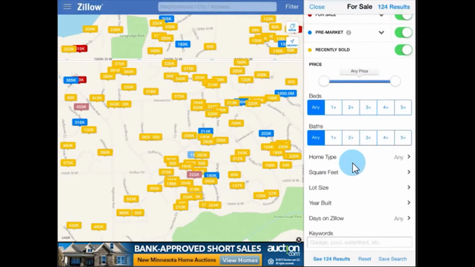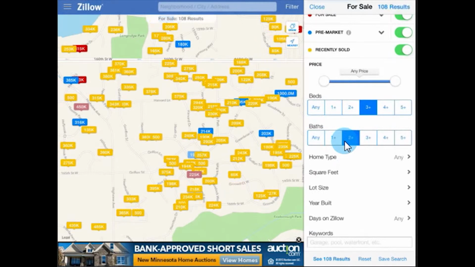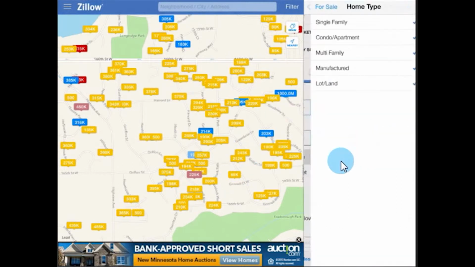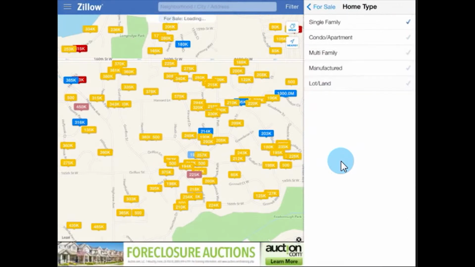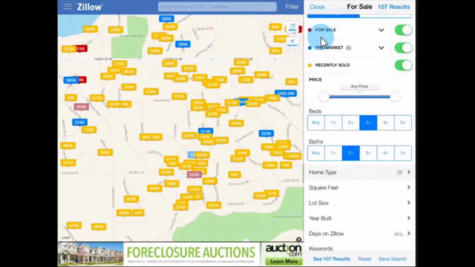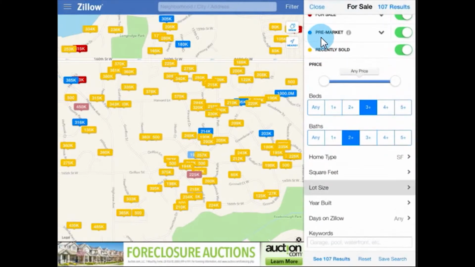If we want 3+ bedroom houses with at least 2 baths, as you can see, the map will change as we do that. Home type, we'll get rid of condos, multifamily, manufactured, so we just want to look at single family homes. Tap back, lot size,